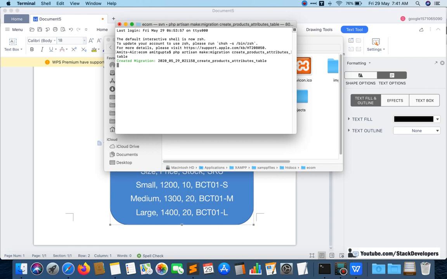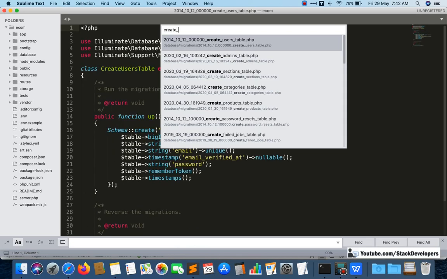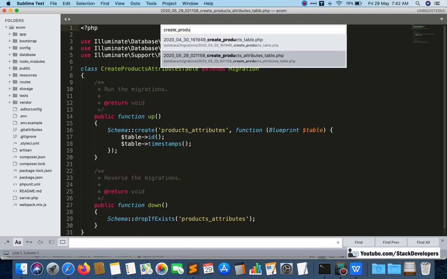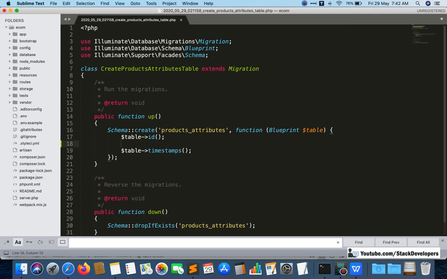Okay, fine. See, the migration file has been created. Now I'm going to open create_products_attributes. This is the file. Okay, so I'm going to add columns here.